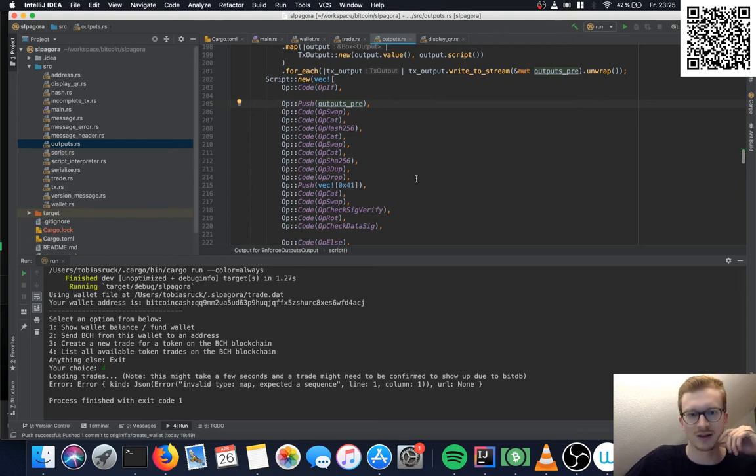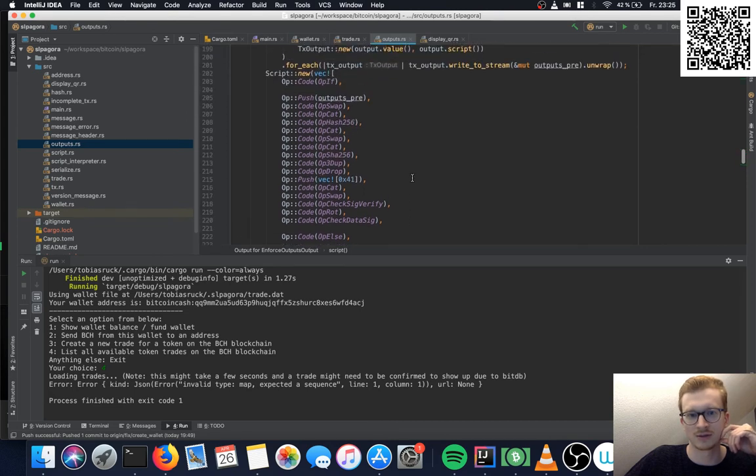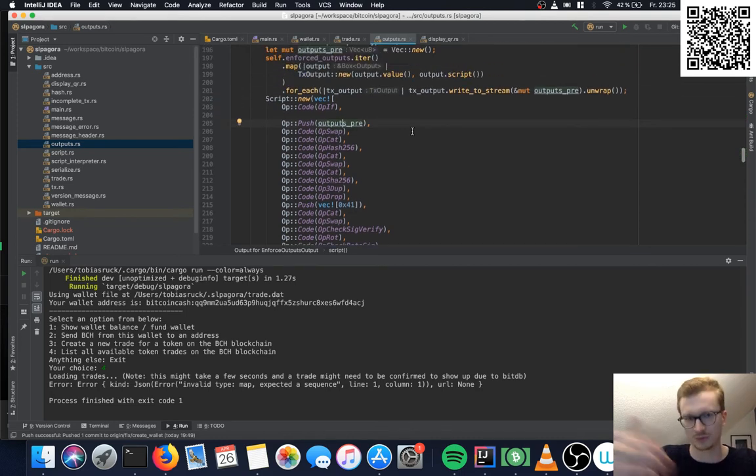And here we also only have the cancel address, public key hash, and the outputs pre. So pre is the start, the beginning of the outputs. Does that make sense so far?